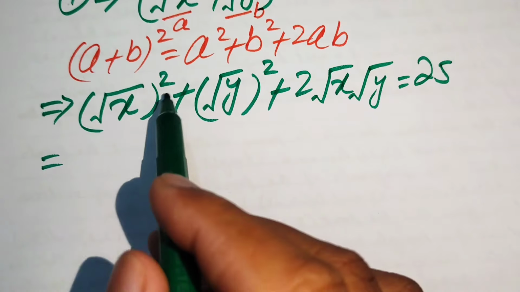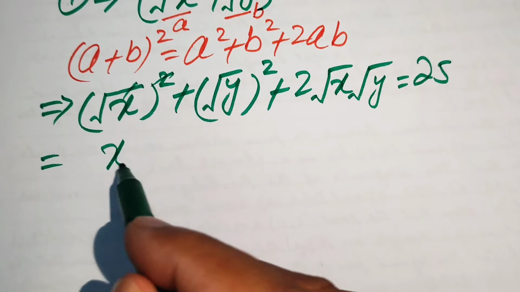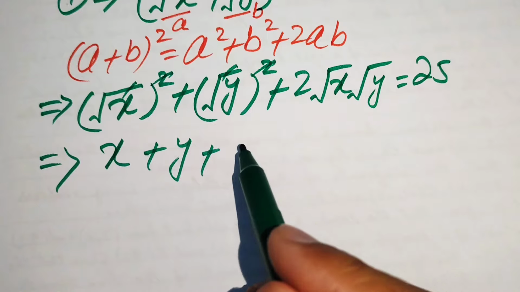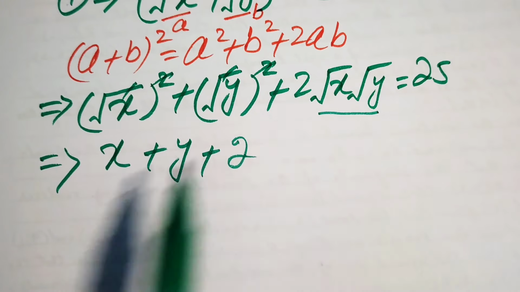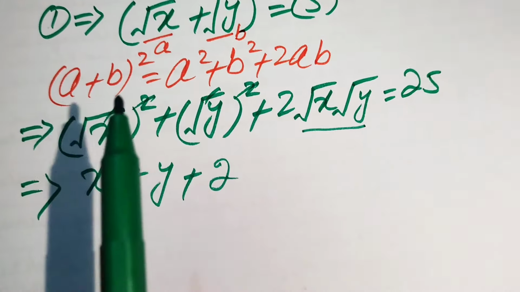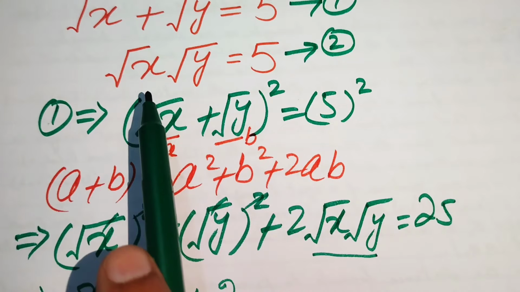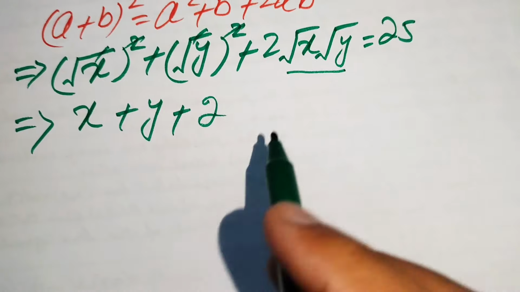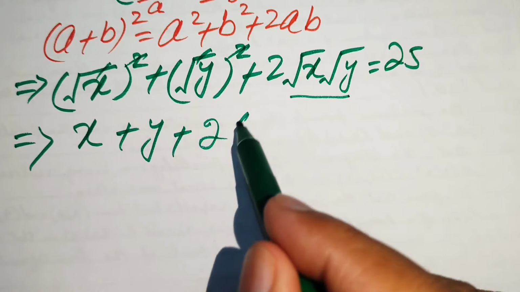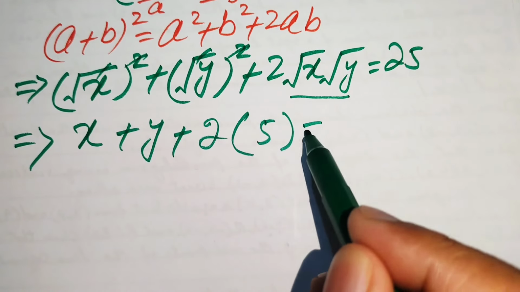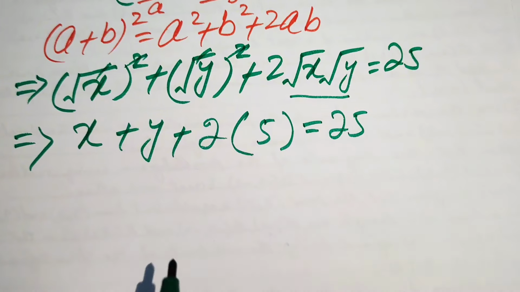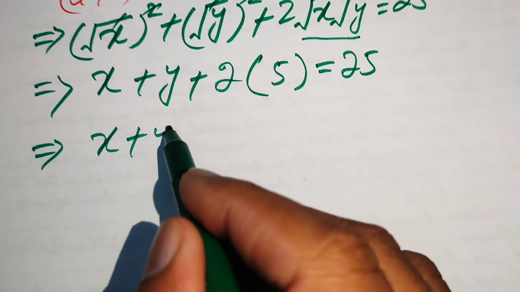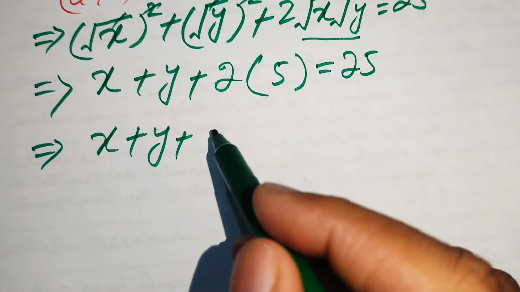Here we need some simplification, so the square and square root are gone and we get x, the square and square root are gone and we get y, and here you have plus 2 times square root of x into square root of y. So from equation number 2 we have the value of square root of x into square root of y equals 5. So here we need the above value, so it is 5, and the whole thing equals 25. So now in the next step we have x plus y plus 2 times 5,